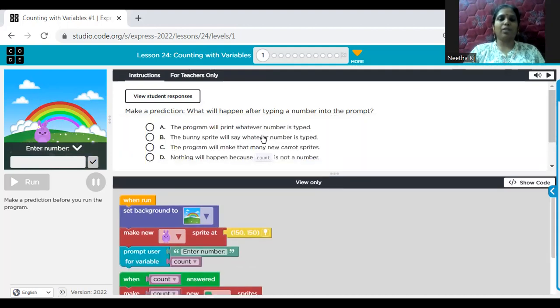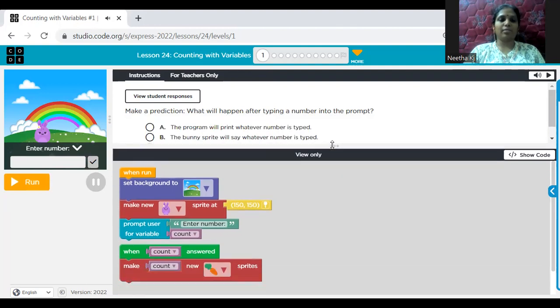The program will print whatever number is typed. The bunny sprite will say whatever number is typed. The program will make that many new carrot sprites. Nothing will happen. Okay. So I guess it is that it will make that many carrot sprites. So let's see. If I say run,